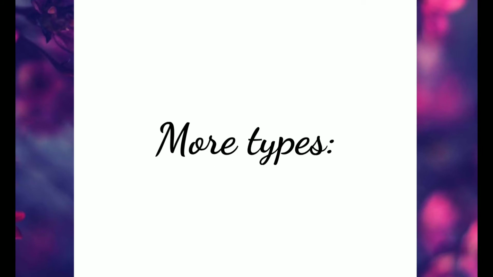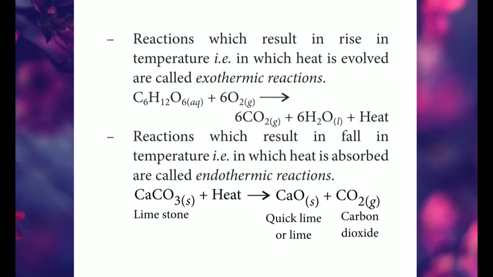So now that we have studied the main 5 types of chemical reactions, there are few more types of chemical reactions that we have to take a look at. Now, the first type of chemical reactions are exothermic reactions and endothermic reactions. Exo means exit, to come out. So the reactions in which heat comes out or is evolved are known as exothermic. For example, the process of respiration in which glucose is broken down with the help of oxygen and heat is evolved during this reaction. Endo means inside, so the reactions in which heat is required or heat is absorbed are called as endothermic reactions. For example, when limestone is heated, it forms quicklime and carbon dioxide, and without heat, this reaction will not occur.